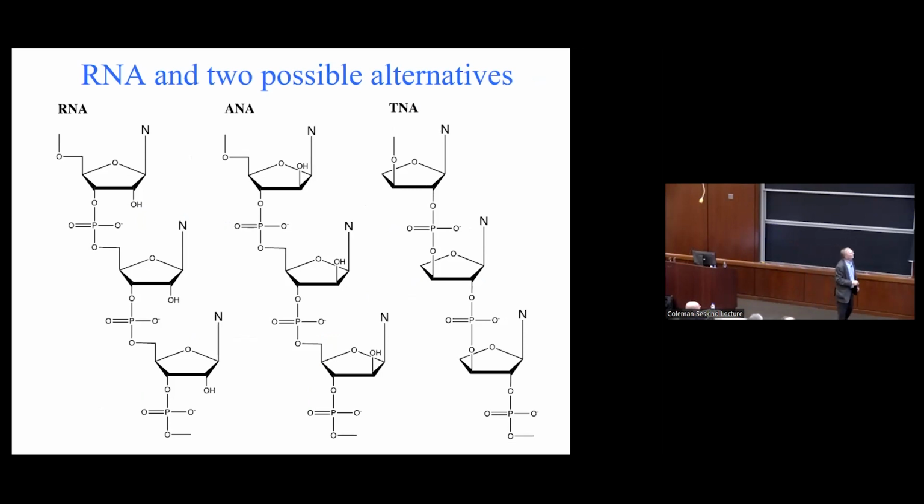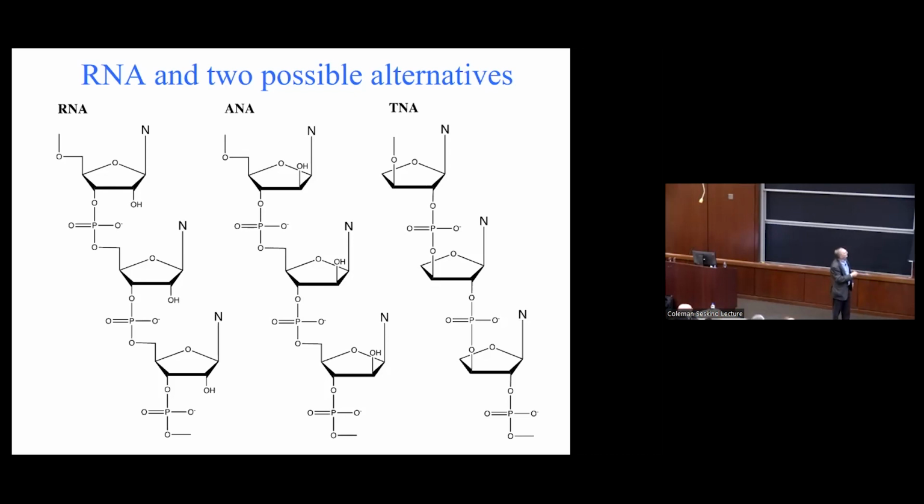Okay, so there are too many possibilities out there to study everything in detail. And so our approach has been to look at the kinds of molecules, if you were trying to make RNA, what else would you make by accident? Right? So you have to look at things that are close in structure. And that's what we've focused on so far.